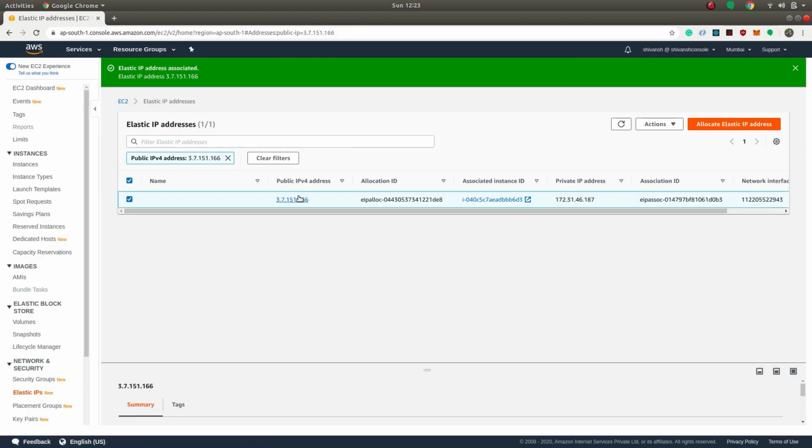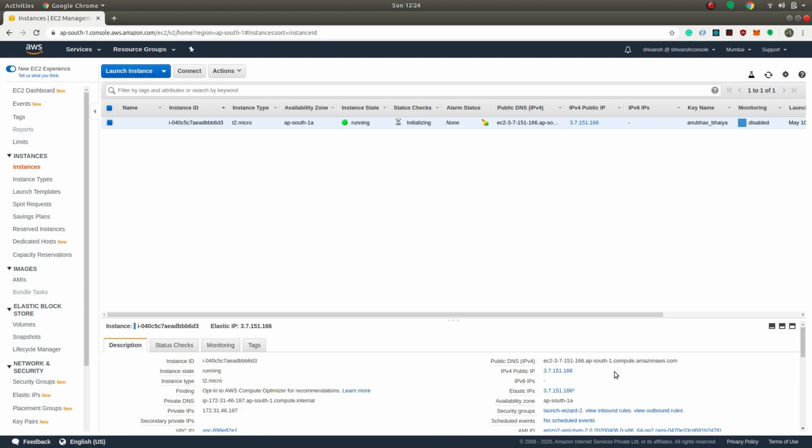So now notice that this is my public IP, that is also an elastic IP. And now if I go back to my instance, you can see that the new public IP is this, same as the elastic IP that I just created. So what is new in this elastic IP is that it is similar to the public IP, but the thing that is different is that when you change the state of your instance, in case of elastic IP, they won't lose their IP address, and basically they will retain their IP address even though the state of your instance has changed. So I will demonstrate it.